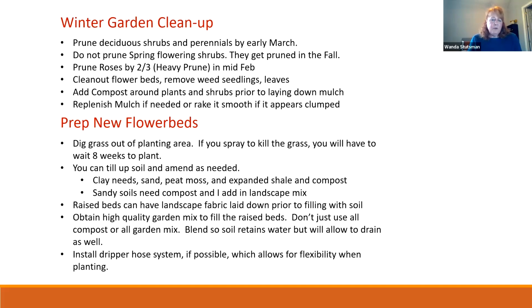So prep your new flower beds. If you want to put one in, this is February, end of February, March is the perfect time. Dig your grass out of your planting area. If you don't want to dig the grass area up, and it may not even be a really grassy area, it may just be an area that has a lot of weeds in it, if you don't want to dig that top 2 or 3 inch layer up and get it out of there, and you want to spray it,